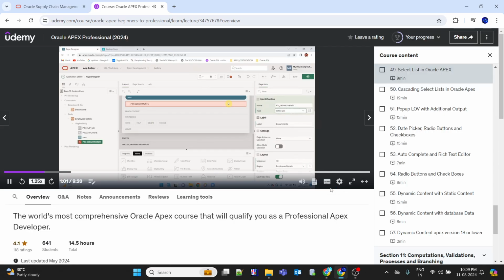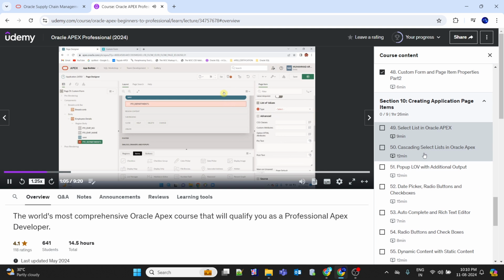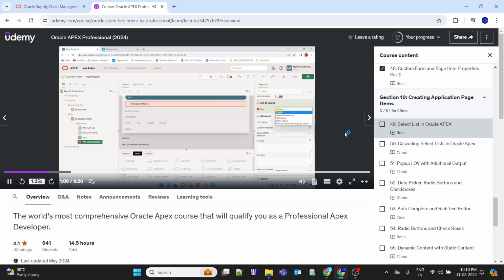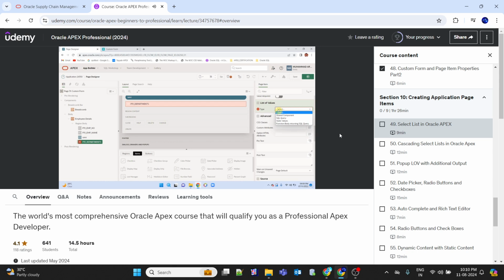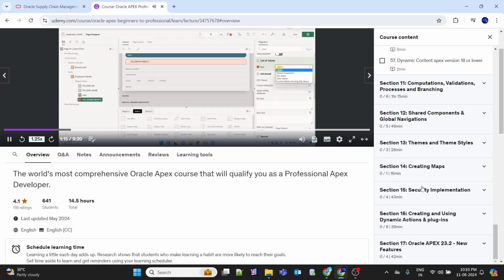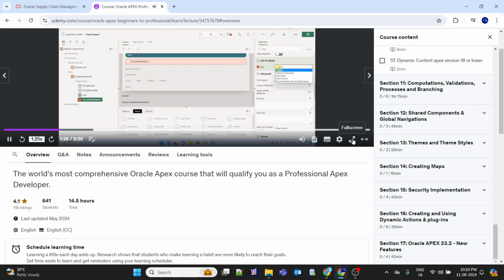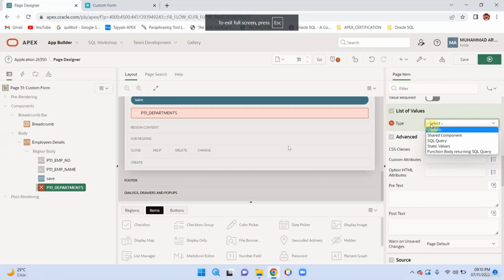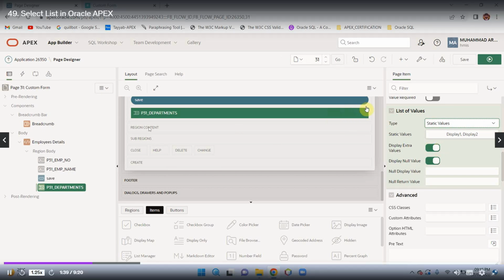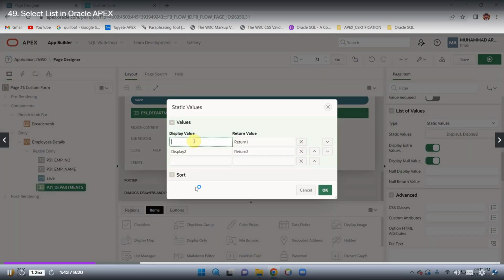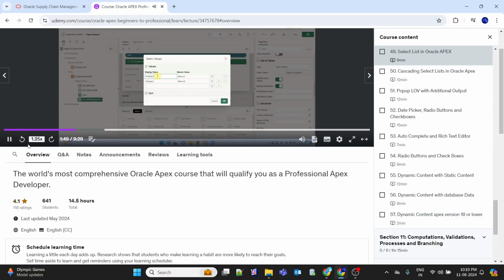So move to your properties, and here you can see we have list of values. So these basically are the values that will be shown in your select list to end users. So here we have 4 options from which we can get data from our database tables, or we can provide static values. So first of all, we are going to create a select list from static values. So here you can provide department name, finance, and its return value